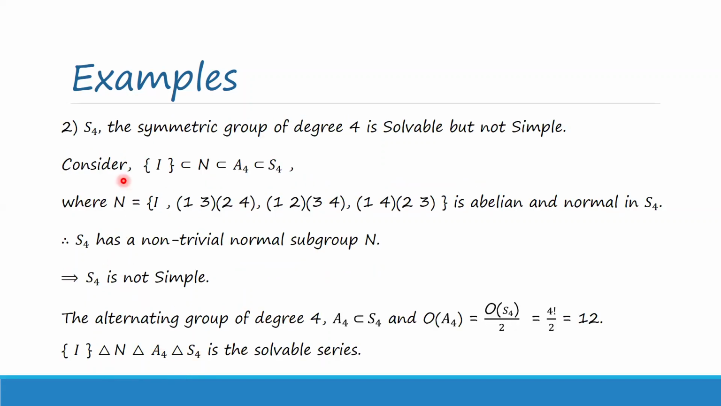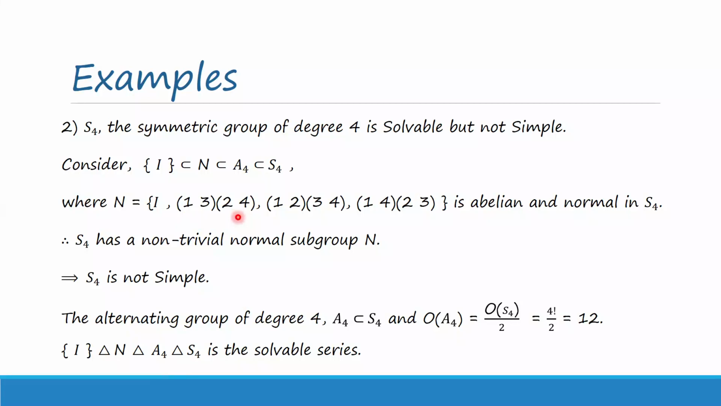Now let us move on to S4. It is a symmetric group of degree 4. This is solvable but not simple, right? So let us consider I contained in N contained in A4, and A4 contained in S4. A4 is the alternating group of degree 4, which contains all even permutations which belong to S4. And N is the set which we are taking here, that is I, (1 3)(2 4),